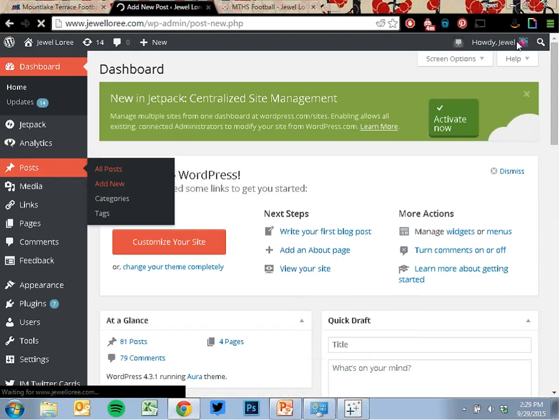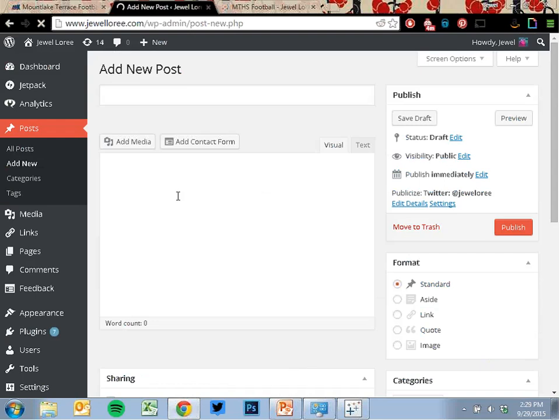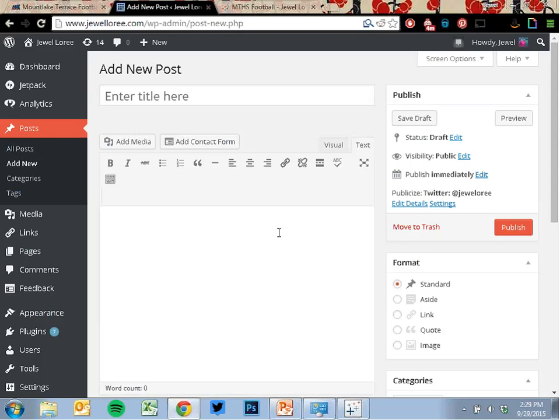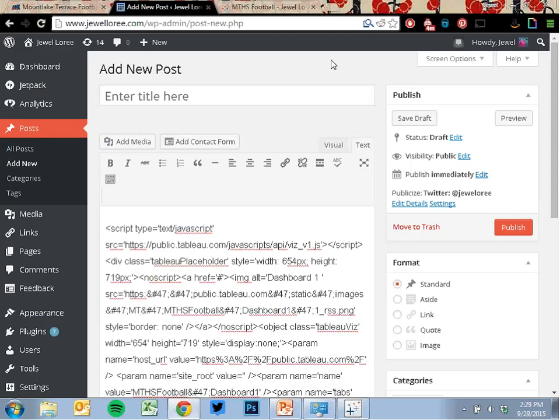WordPress is real friendly. And I'm going to change it to text, which makes it add HTML tags. And I can just paste that code we had right in here. There we go.